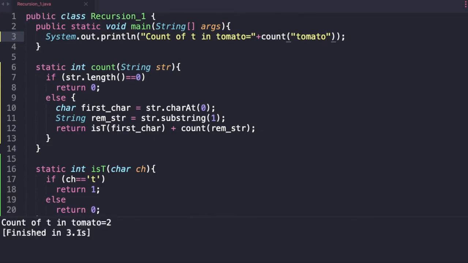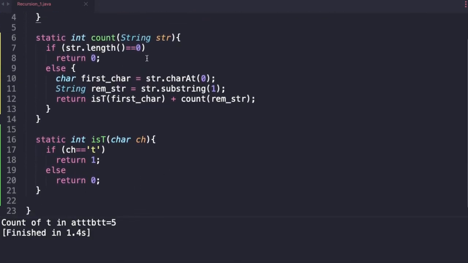So count of t in tomato is 2. So let's run it for this other string, ATT. So how many t's should it have? It should have 5. If we run it, what do we get as the output? Count of t in ATT is 5. So we have coded it exactly like the conditions we wrote. So we took out the first character, isT gives us 1 or 0 depending upon whether it's a t or not, plus count of the remaining.